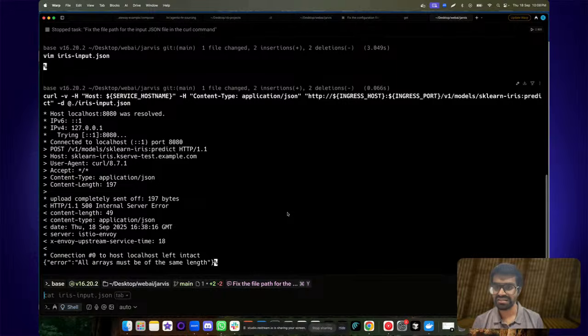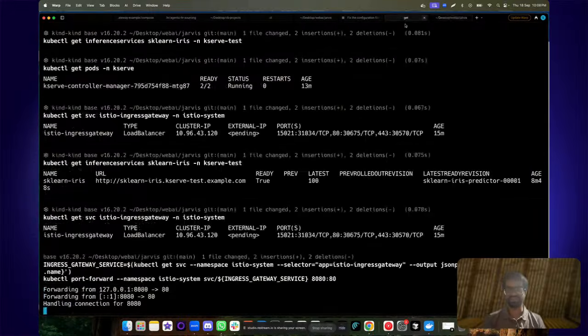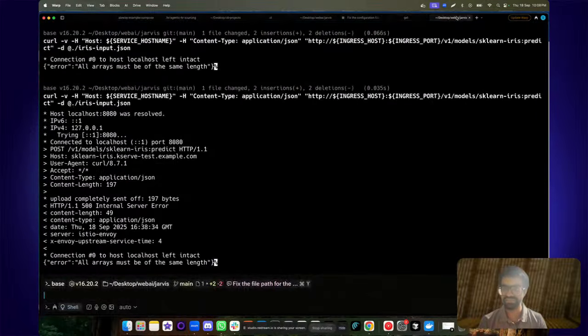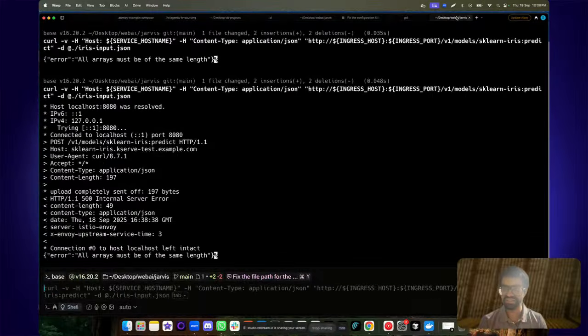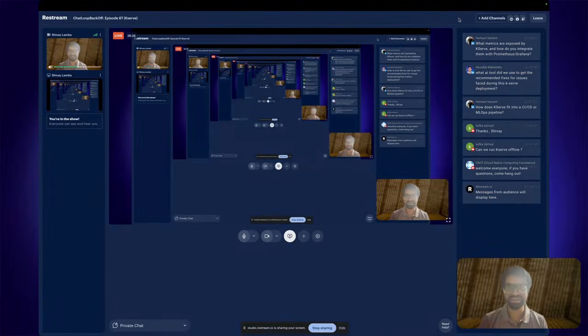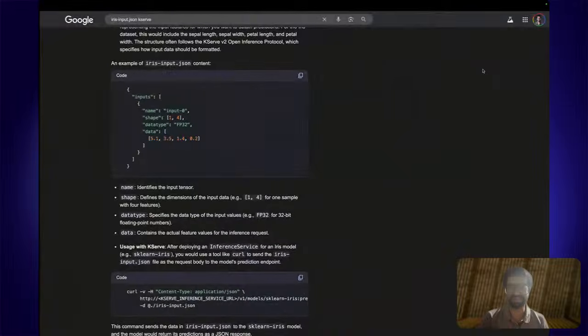It says internal server error, connection to... okay, let's take a look at what might have been the reason. So let's try to run this again. And we're still getting the same connection error. So might have to cross check. And by the way, there are a few other questions, maybe we can come back to those.